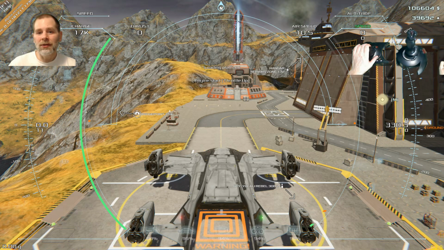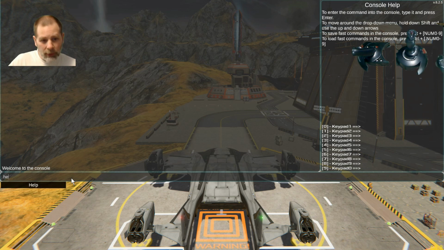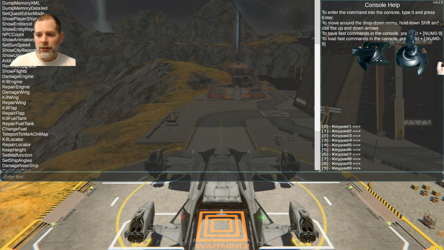Today we're going to do some more messing around here, but I wanted to show you real quick that the console, you hit the tilde key, it's just below escape, to open the console, and if you type help, it will show you all of the commands that are in here, and so you can do stuff like show the FPS here, you can show the mouse position,